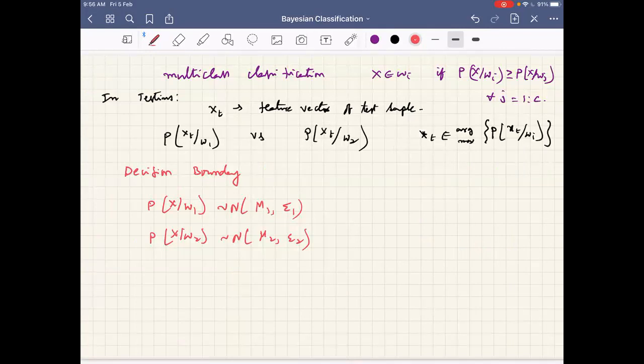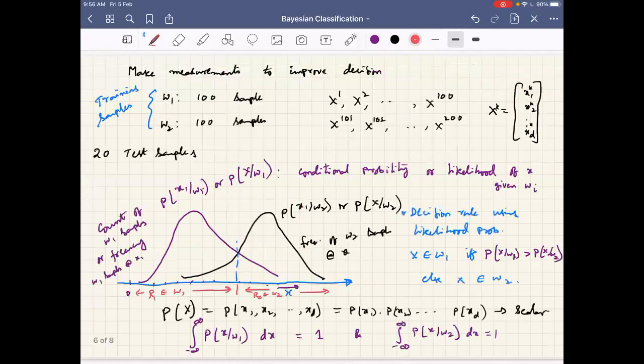Then what should we do? Our problems are all of 100 dimensions. We model the entire decision boundary like a polynomial of features, and if it's greater than a certain polynomial, it falls on one side. We can do all that, but give me a simple procedure. Can you tell where the decision boundary will be if I give you mathematical expressions for P of x given omega 1 and P of x given omega 2? I just want to find the point where the probabilities are equal.